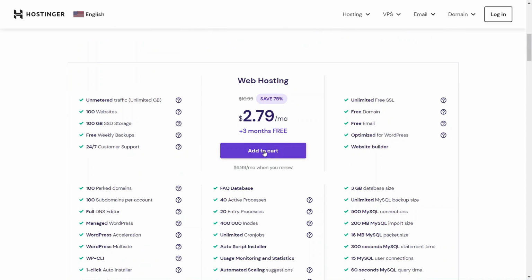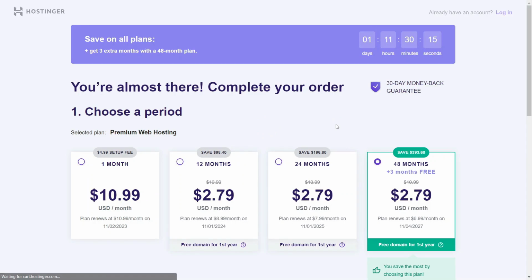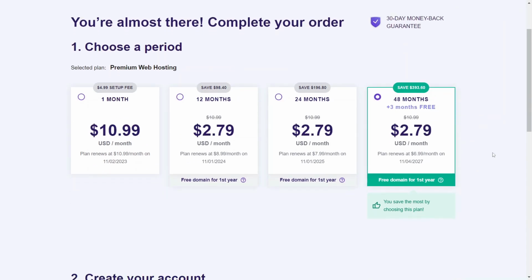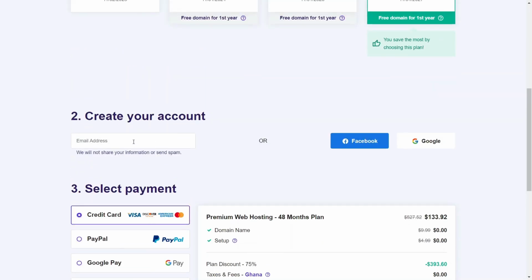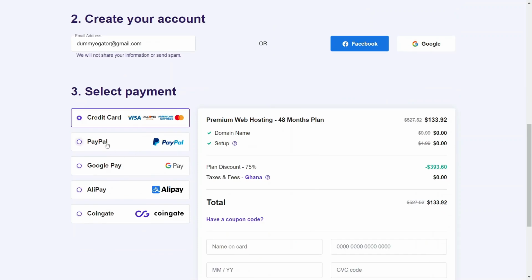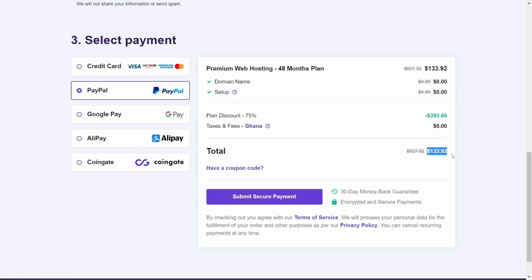So this is a perfect deal for me. I'm going to go ahead and click add to cart, and as I said, make sure you use the link in the description to get the best deal on Hostinger. All right, so this is very affordable. I'm going to go ahead and use the 48 months, and that's going to give me the best deal. And right here, I'm going to go ahead and enter my email. That's my email. I'm going to use PayPal. As you can see, my total is